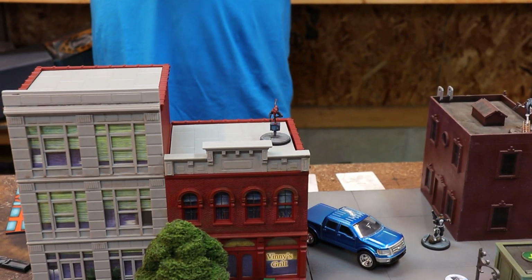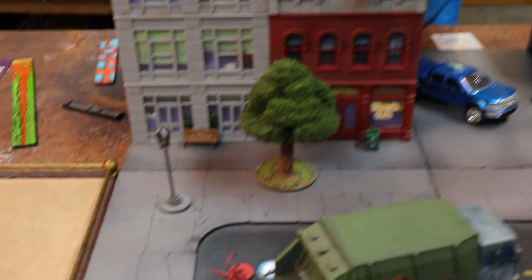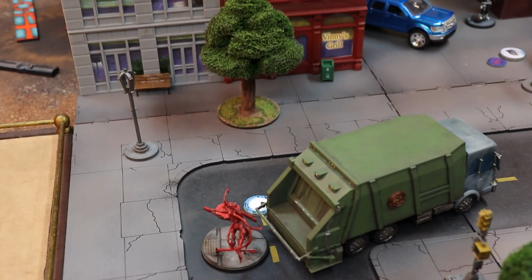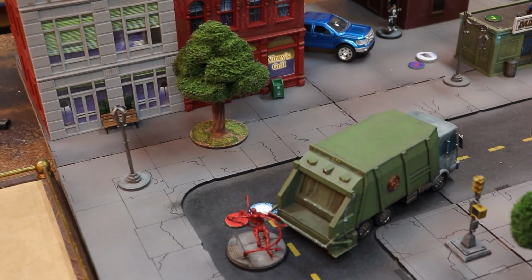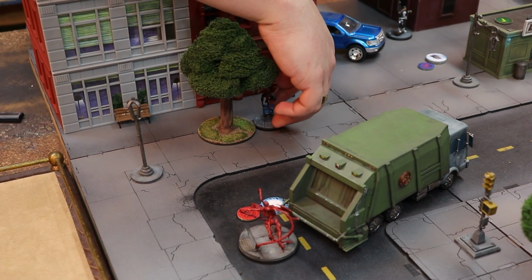Miles is going to be next. What are you going to do with him, Sean? He's going to do a double move, a double move to get over to that portal there. So I'm trying to line up here. Yeah, for sure. Something like that. Yep, he'll end up